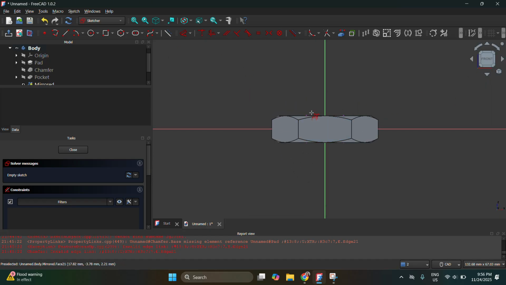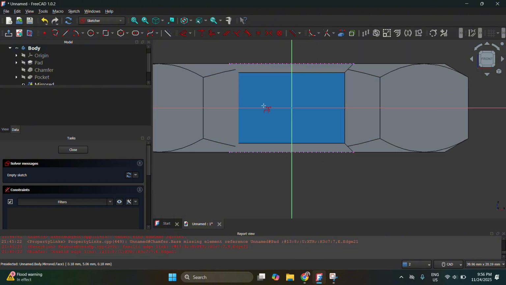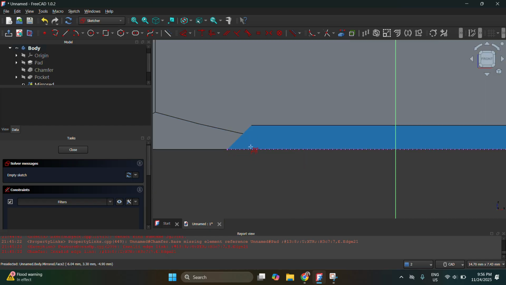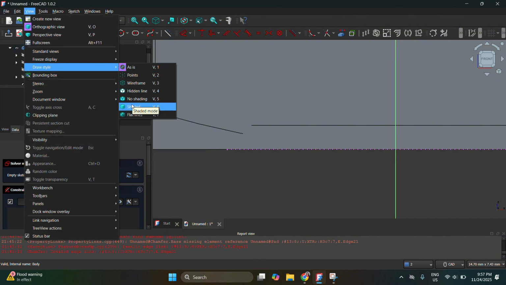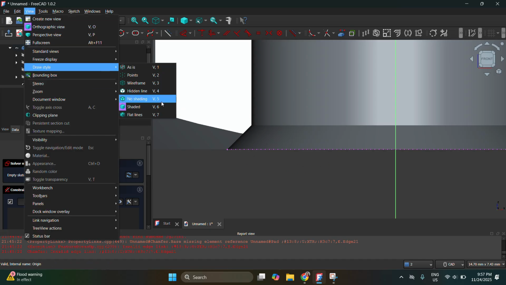Since we are going to create a helix inside the cylindrical object, we cannot see that if we do not click this view section. So let's click this one. Now we can see that this is already half of the knot. We are planning to draw here the profile of our helix, so it will follow a vertical spiral path later. Now let's select polyline, but I prefer changing my mode so I can see clearly the shades of this object. So I changed the draw style to shaded.